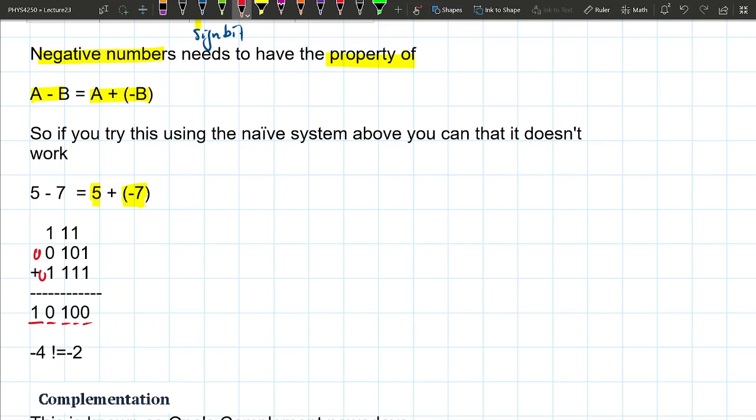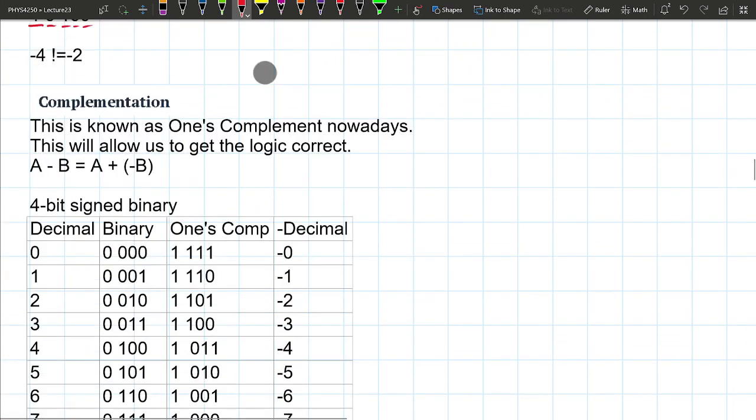Since it starts with a 1, it's supposed to be a negative number, but it is not negative 2. Hopefully you know that 5 minus 7 is negative 2. So the math is wrong, and you cannot do any computation with this. So this is a bad negative sign scheme. What we're going to do is this thing called